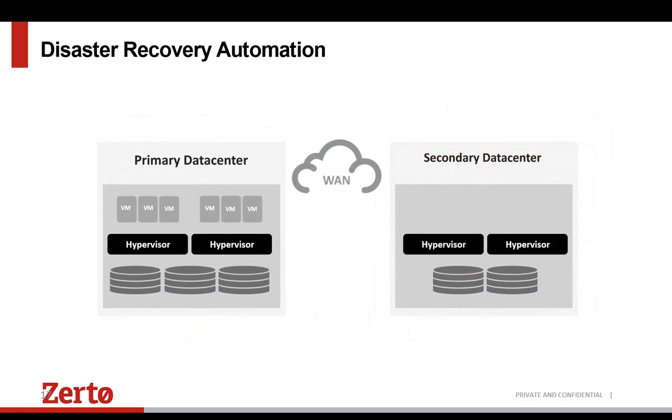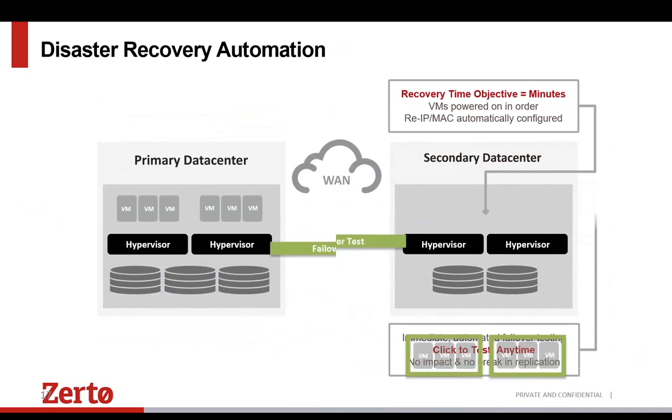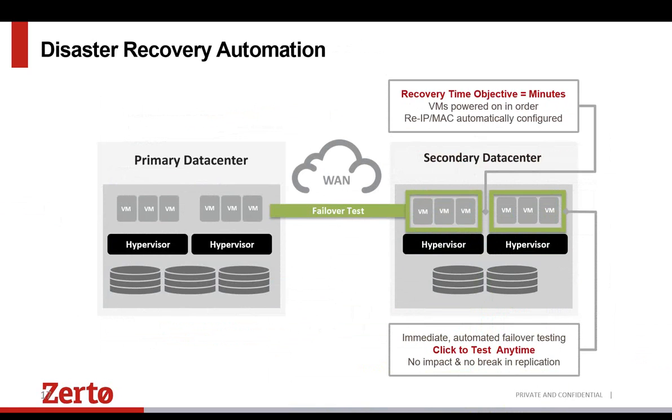In terms of the disaster recovery automation, once your applications are protected, we give a recovery time objective of just minutes. In just a couple of clicks, we will bring the virtual machines online in the recovery site in the correct order and automatically change the IP and MAC addresses if you set to do that when configuring the protection group. We also give the ability to click to test anytime, and we'll bring the virtual machines online in an